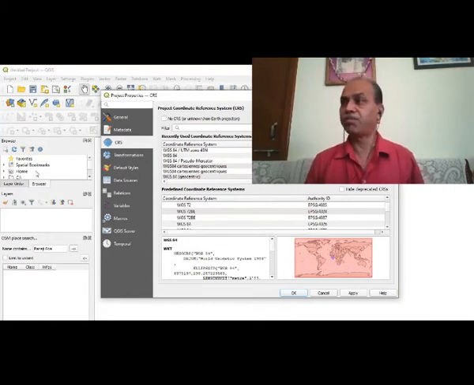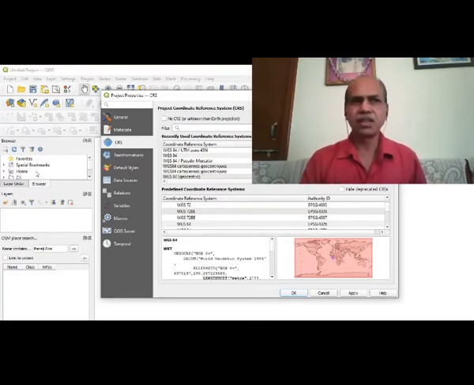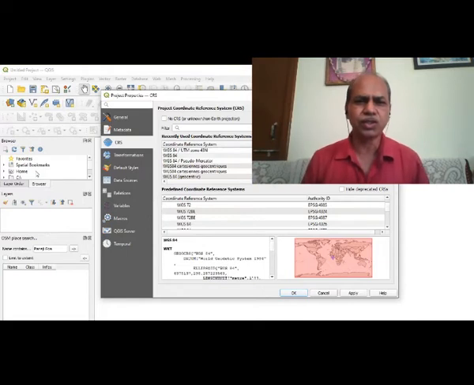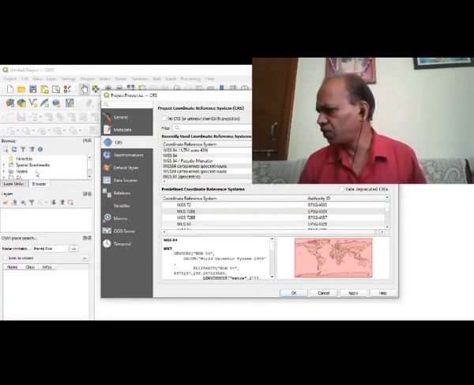That is why different countries are adopting different projections. But for the global level, whatever data viewing, data editing, data analysis, data interpretation, there are some projections. So there are UTM projections, universal transverse Mercator projection, and there is pseudo Mercator projection. There are different sorts of projections which are available.